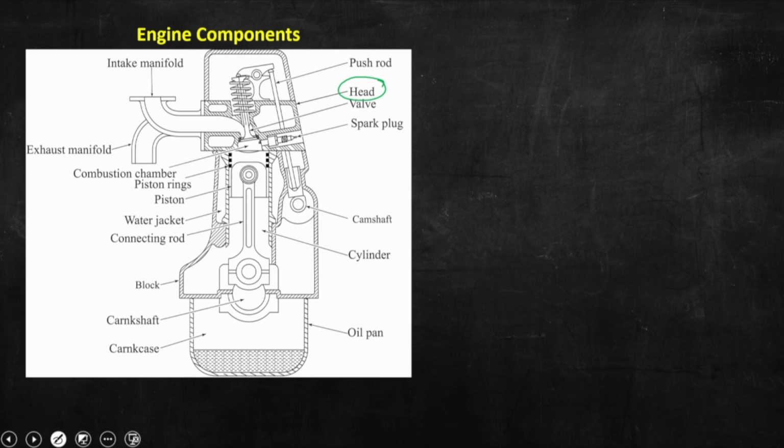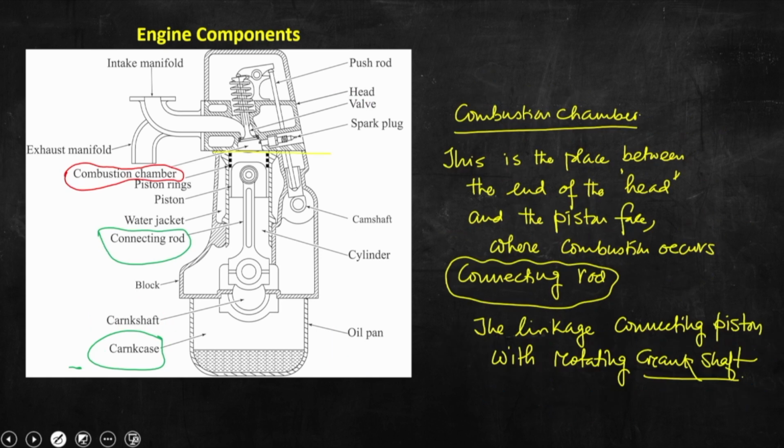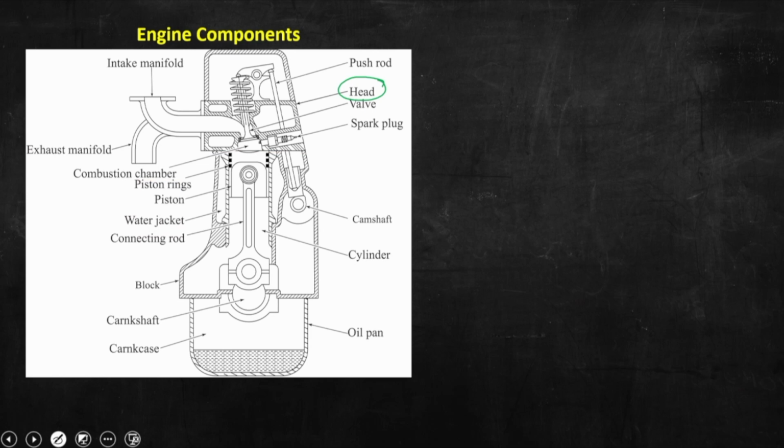So, the top part of the block that you can see, right. Probably we had mentioned somewhere here that this is the place between the end of the head and the piston face. So, this is the head, and this is the end of the head. Okay. So, what is head? You can see that it is the top part of the block. The head also houses several other components. So, let us briefly write here: head,